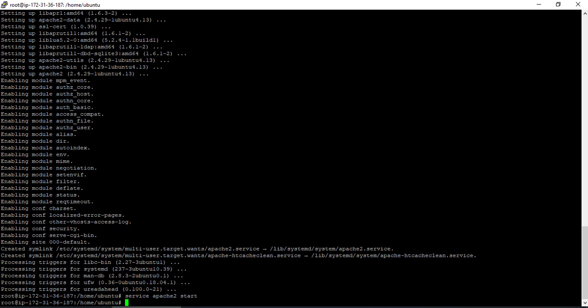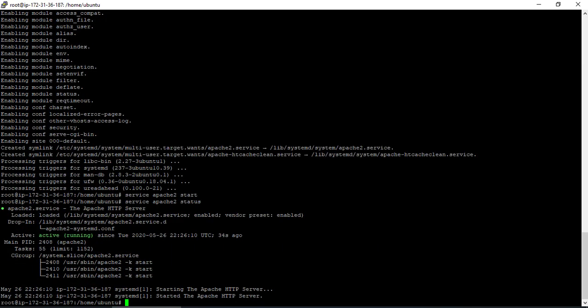But still, if you want to check the status of it, we'll have to run service apache2 status. When I click that, it gives, right? Starting Apache server and all. So that means it started already, right? So that first step is done now.